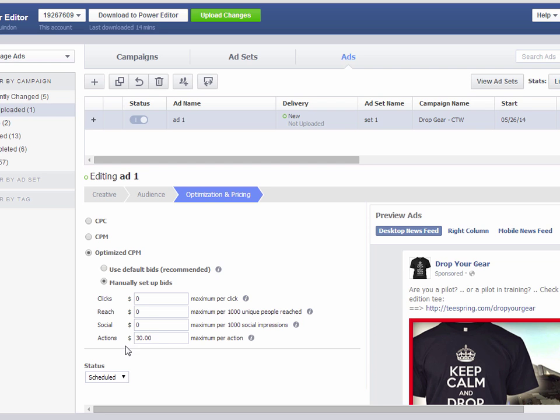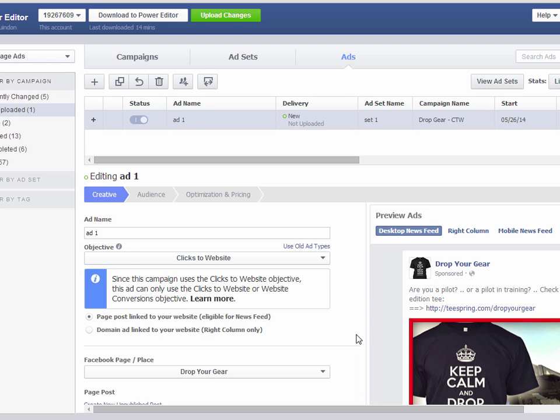I'm not sure why it did this action down here. Usually it just goes $5 up here. And that's probably good enough, you know. For optimize CPM, just do that. And this ad is now created. So I'm going to create